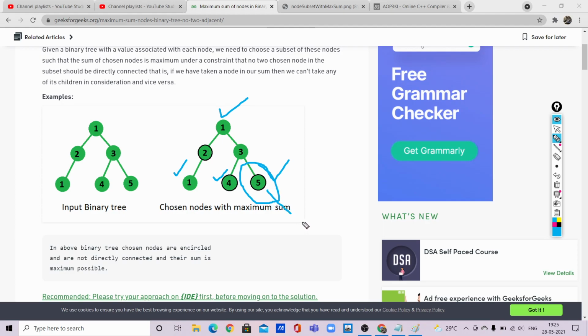If there are any nodes like 9 over here, and 2 over here like that, then we will be going with 9 and 3. And let us assume that 1 is not a part of our solution. If 3 is a part of our solution, we cannot consider this.